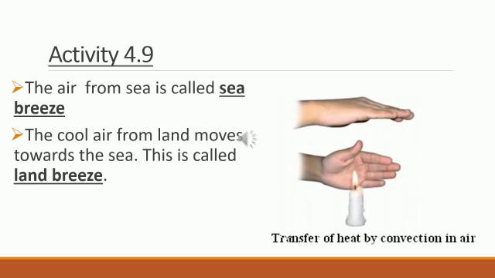You need to observe the feel of your hand when you keep your hand near the flame. Which hand feels hotter? You need to notice that. Notice that towards the top, the air gets heated by convection. Therefore, the hand above the flame feels very hot. On the sides, however, there is no convection and the air does not feel as hot as at the top.